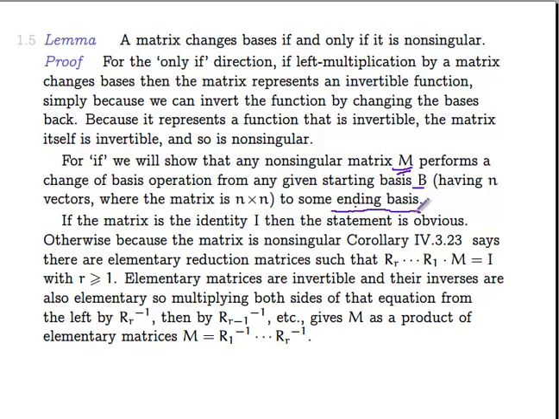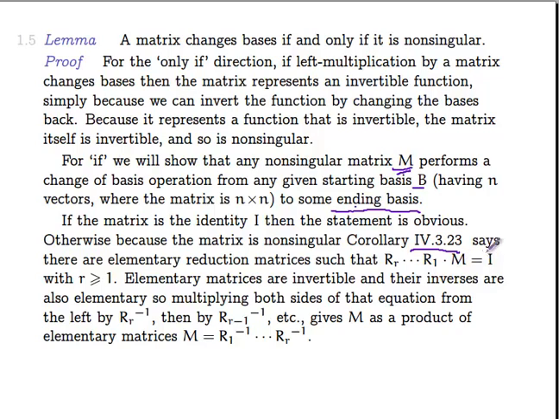So we're setting a challenge for ourselves. Given any starting basis, we can find an ending basis such that this matrix M gives me the change of basis. Now, if the matrix is the identity, then I'll choose the ending basis to be the starting basis. Otherwise, because the matrix is non-singular, this corollary says that we can find elementary reduction matrices that successively multiply